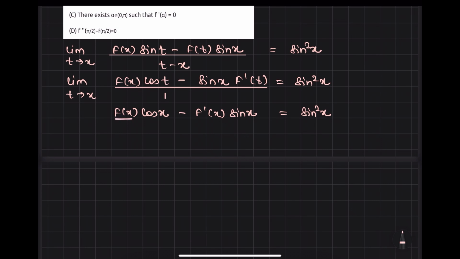First function times differentiation of second function, right? And look at this, the denominator is a square, no? So can I divide both sides by sine square x? We have sine square x, sine square x, this thing will become 1. Now if you try to recall this thing, you will have